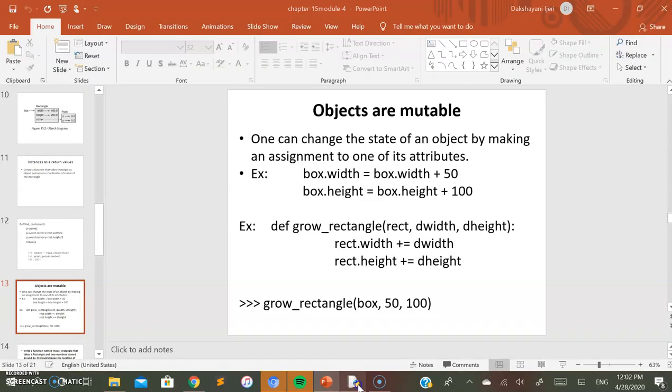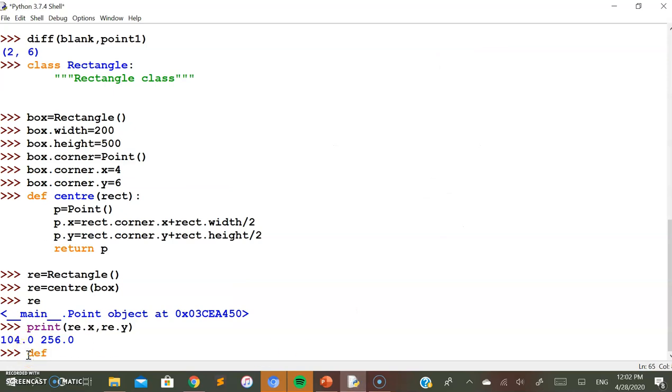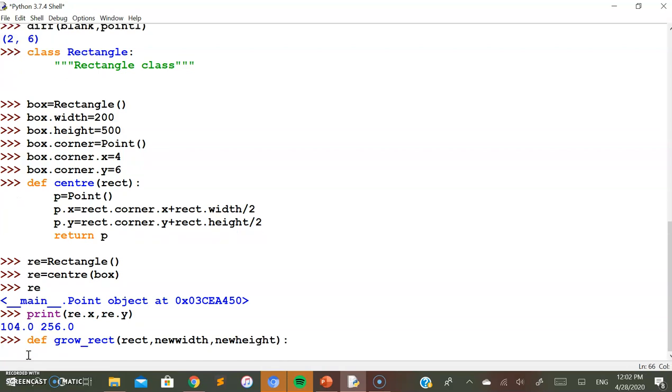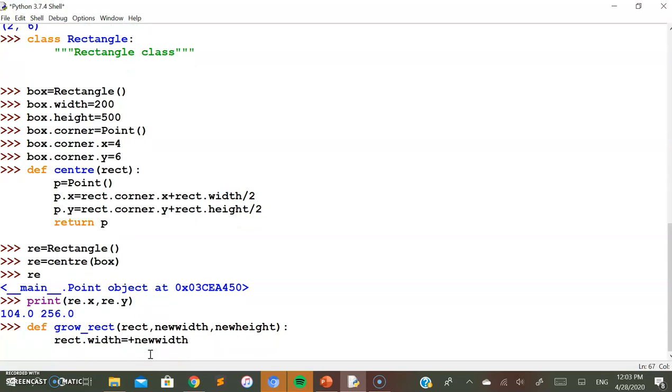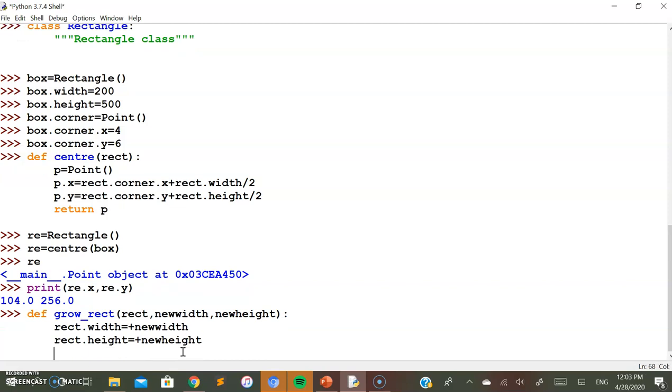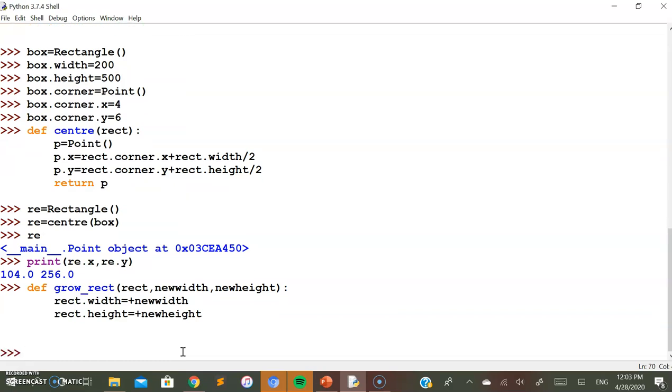If you wish, I'll show it through the IDLE here. I'll take new width and new height as the parameter names here. So we'll call this function now.